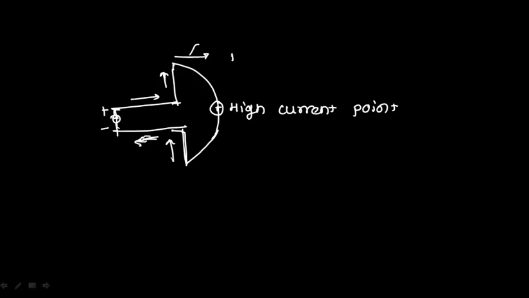So whenever a high energy point hits this particular point, all your energy will jump off into free space, and this is how that formation will be. There will be a formation of a high current point and a low current point. This is the high current point, and the other point is called the low current point. That's why your currents are not going to cancel each other, and the output is nothing but the radiation in free space.